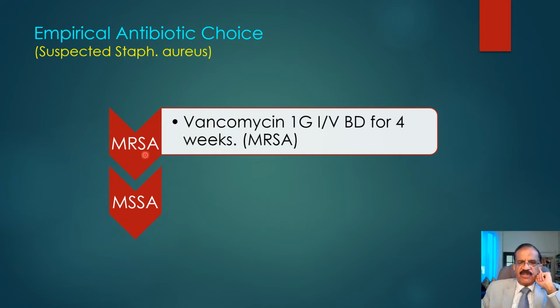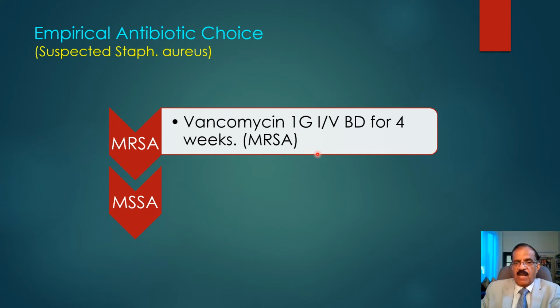For MRSA, methicillin-resistant Staph aureus, the best antibiotic is vancomycin. Vancomycin is given intravenously twice a day. The dosage is 1 gram twice a day, and this is to be given for 4 weeks. 4 weeks, no less. Okay, so vancomycin is an expensive and toxic drug, so you need to keep an eye on